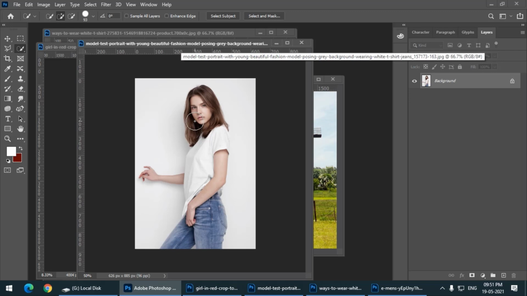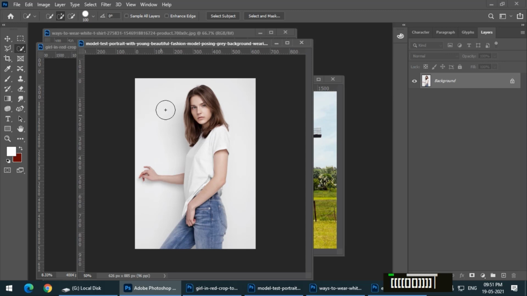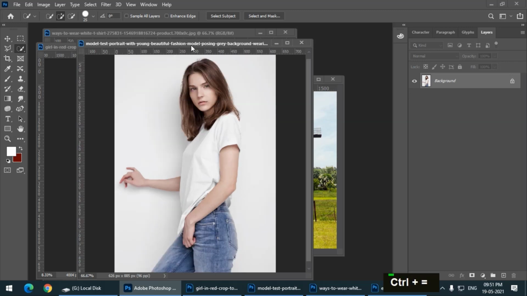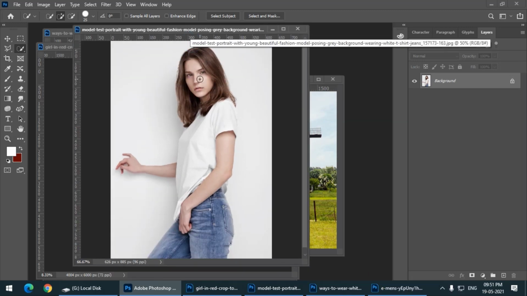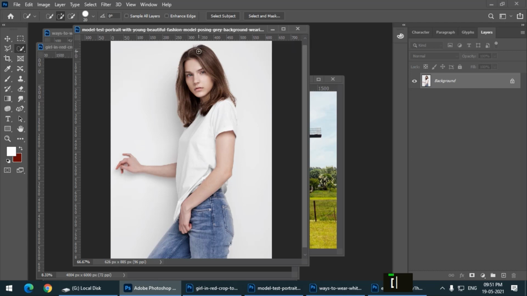But it is recommended that you use the bracket keys, because with one hand you can change the size of the brush and with the other hand you can make selections properly. So for example, if I keep the brush size at this value, it is 25 at the moment, then I can simply click it over here. And one more additional plus point about the quick selection tool is you can click and drag it, which you cannot do in the magic wand tool. So I'm just clicking and dragging, and it's making a pretty good selection so far.